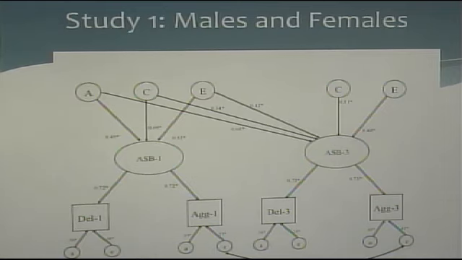The specific factors do not have any influence of C. So the things that differentiate aggression and delinquency from one another are not common environmental factors, but there is A and E influence that comes up. So just as a summary,